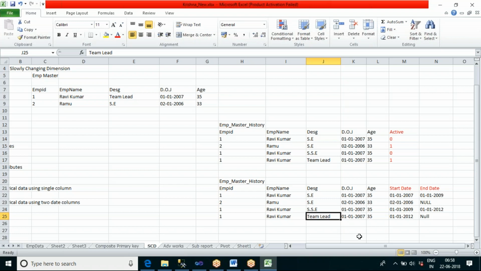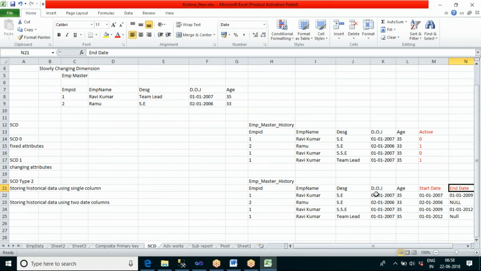We can maintain the historical data in two ways. One is by using a single column, and the other is by using these two date columns. If you maintain the history like this, both will come under the SCD type 2 change. We have three types under SCD: SCD 0, SCD 1, and SCD 2.